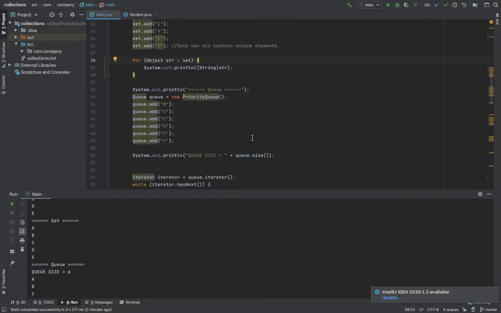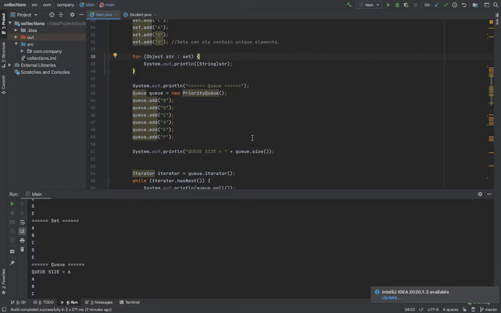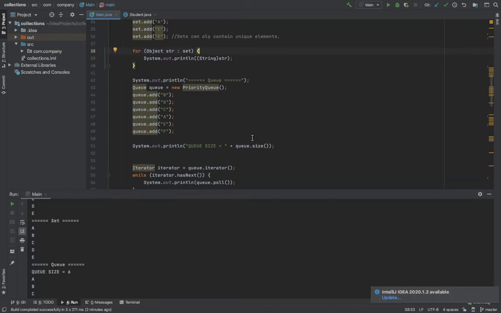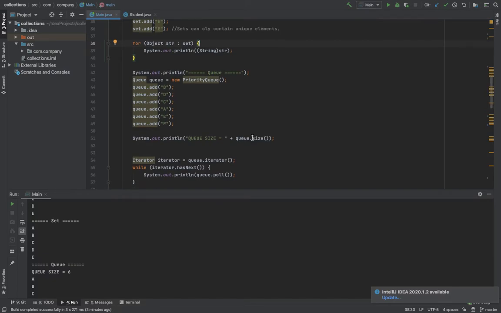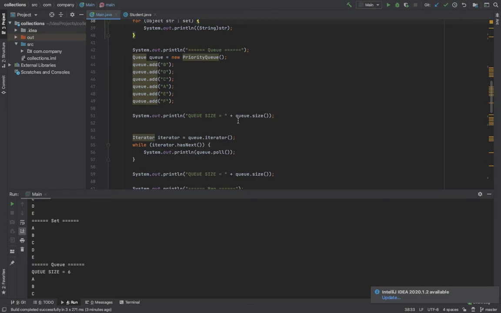Down there, I have a queue, which basically sets the priority of the elements inside the list or queue. And basically the logic here is that the first element in will be the first out. When I operate it, I basically remove the element also. As you can see here, when I ran this queue,